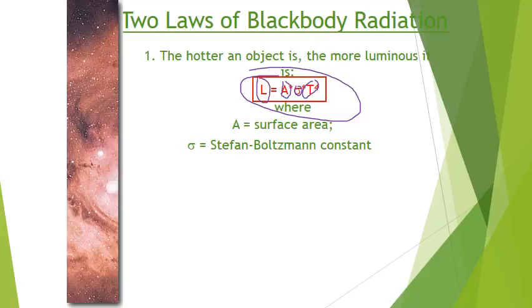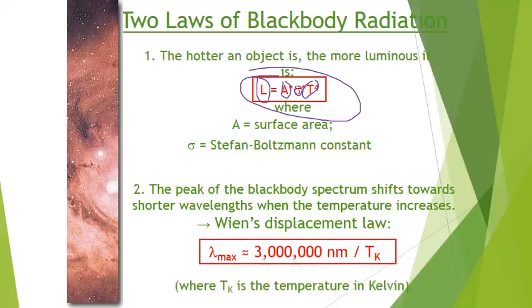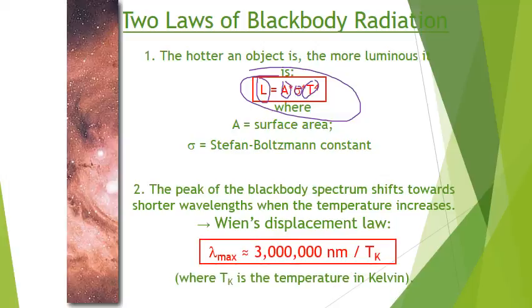But one thing we can clearly see is that as the temperature goes up, the energy that the star produces goes up. We also see that as the temperature increases, the wavelength at which the maximum of its curve occurs is decreasing. Notice the way this equation is. We've got some sort of a number here, 3 million nanometers, divided by the temperature. Because the temperature is in the denominator, as the denominator goes up, this overall fraction goes down. So that's why the peak tends to occur at smaller and smaller wavelengths, the hotter the star is.